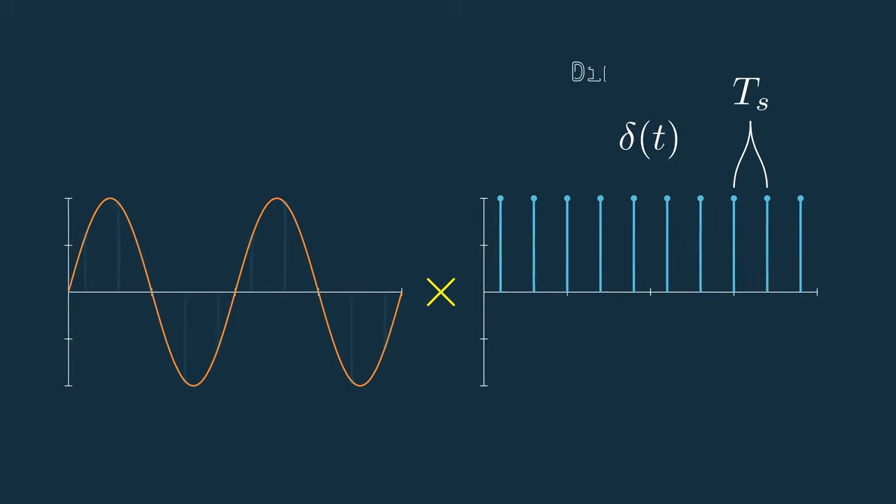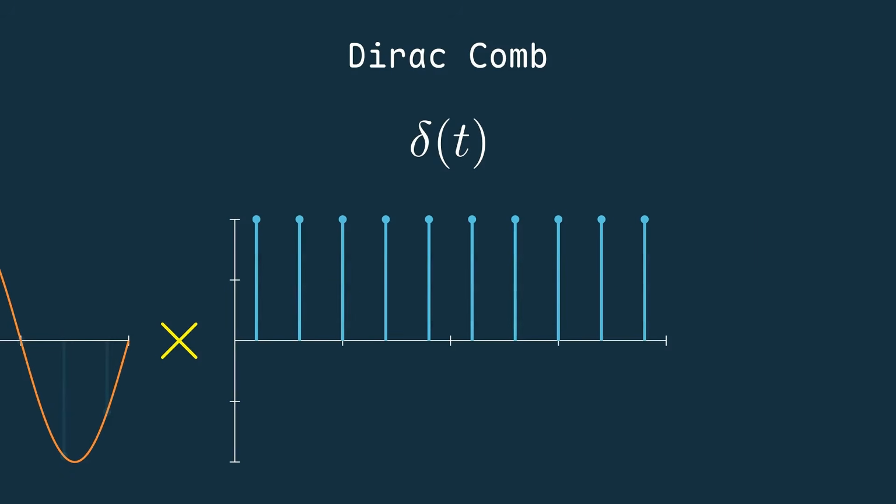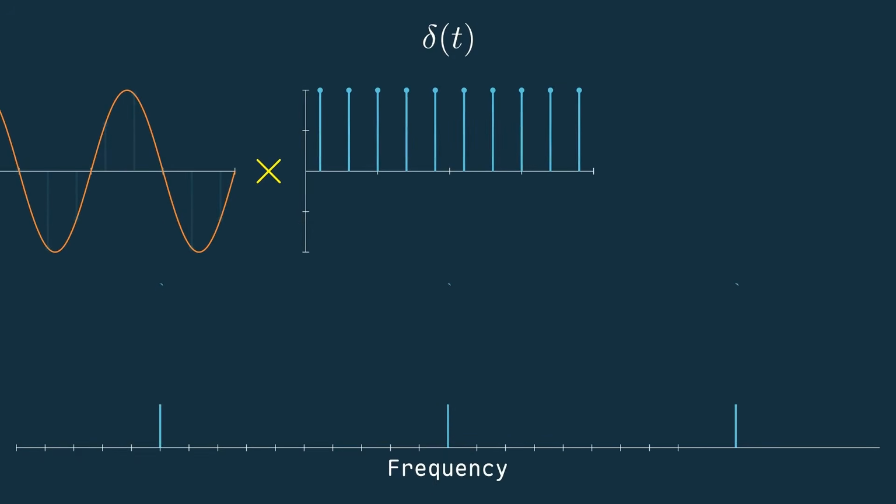This right here is called a Dirac comb because it just looks like a comb and it's made of Dirac deltas. It's kind of like poking the signal with a pin at regular intervals. Now, here's the really cool part. Converting this impulse train to its frequency domain representation gives another impulse train, still regularly spaced, but now across frequency